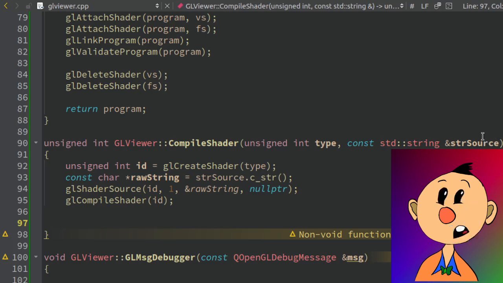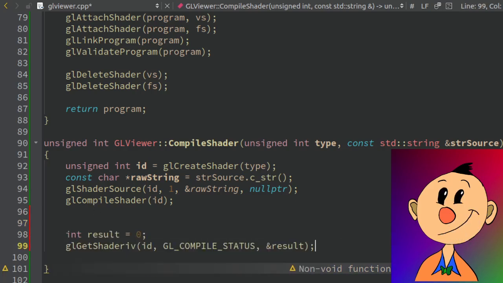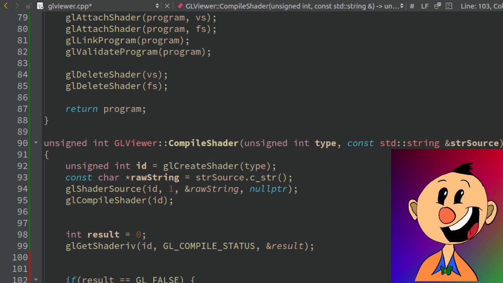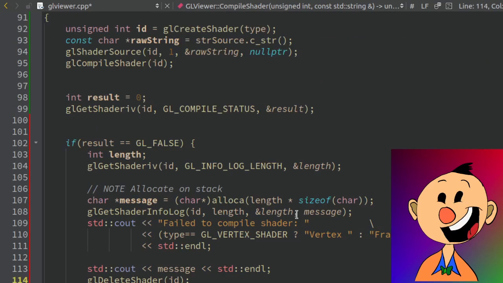The next two things I need to do is get a result of what happens with the shader when I try to get the shader. Then I want to check to see if the shader's empty. So I'm going to go ahead and check the result, and see if it's false. If it is false, then I need to try again. So if it's false, I need to get the shader,